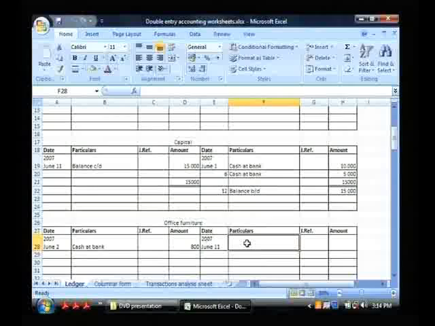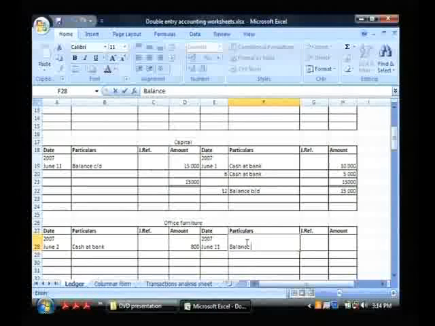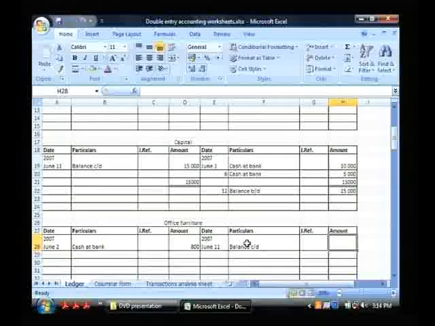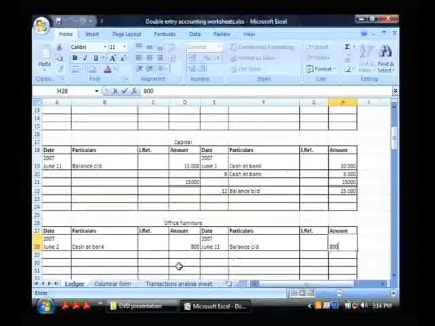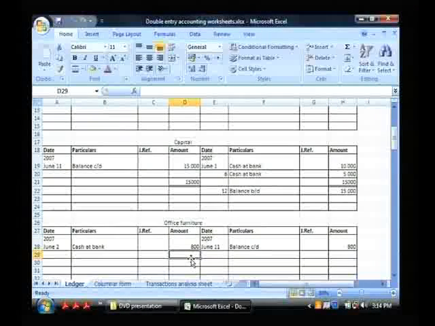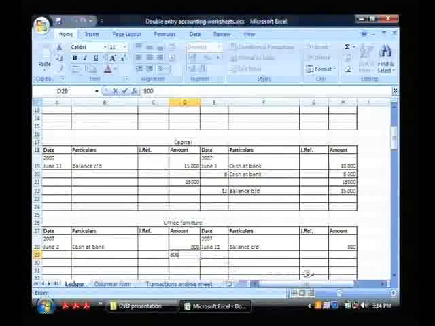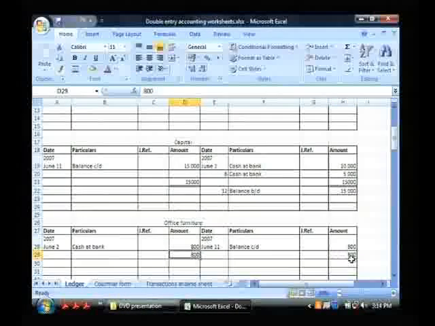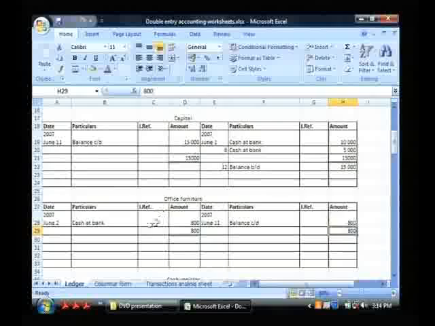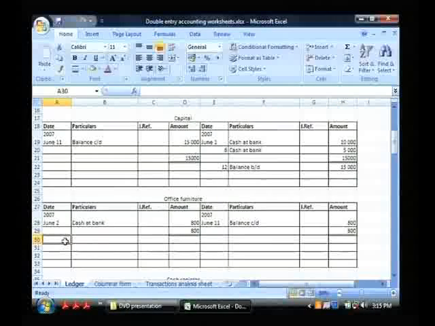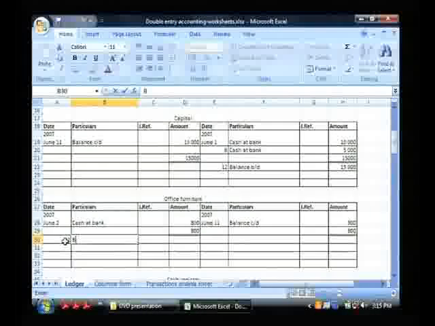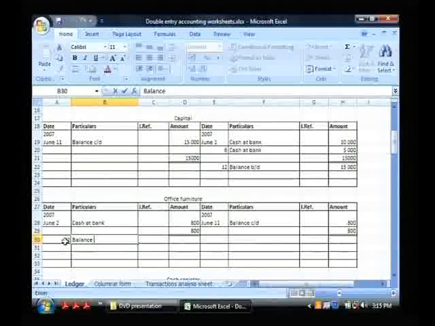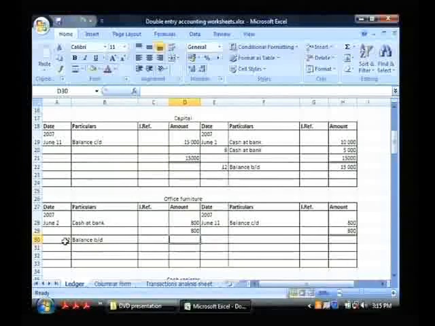11th, balance CD 800, total also 800, both sides same amount, double line, and here 12th, balance BD 800,